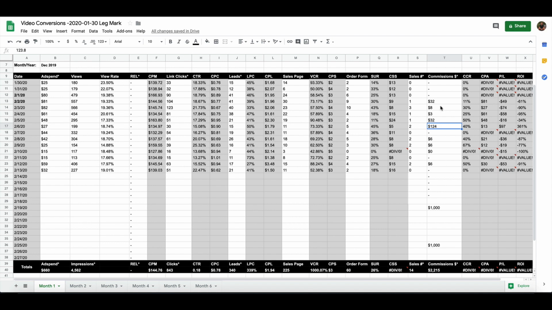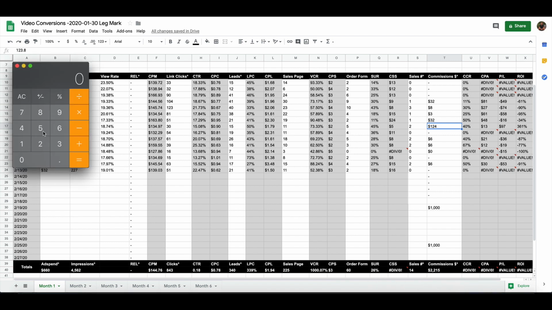And I typically got about 40%. So yes, my commissions were $2,215, but again, like we talked about, my actual sales were over $5,000. In fact, it was close to $5,500, I believe. So if we do 5,500 times 0.4, yeah, 2,200, which is just a little less. So I generated over